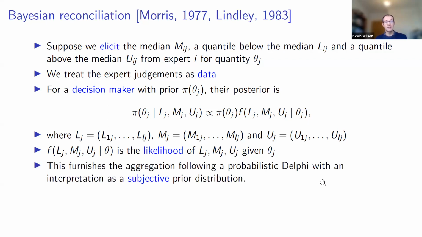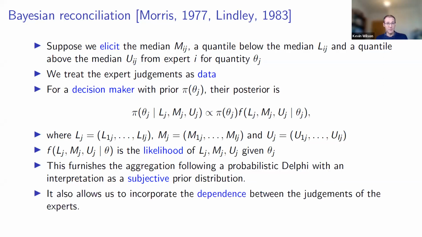But if you can do that, then this is quite a nice thing to do potentially, for two reasons at the end of the probabilistic Delphi method. The first is that it gives you a natural interpretation of what you end up with. The experts have given us all these elicited judgments. What does the aggregated distribution actually represent? Well, it's a subjective probability distribution representing the beliefs of the decision maker on the quantity of interest, having heard the information elicited from the experts. So you've got a nice direct interpretation there.